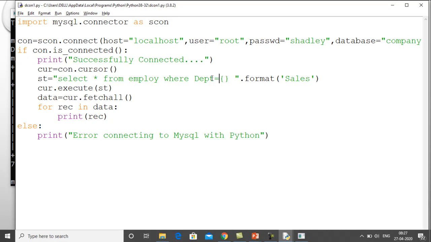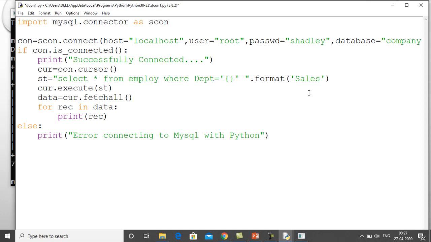But when we are talking about a field that holds string or character values, then obviously we have to put single quotes over here. In this query we don't put double quotes, because double quotes are already present at the starting and ending of the string template. So department is equal to single quote and then again single quote.